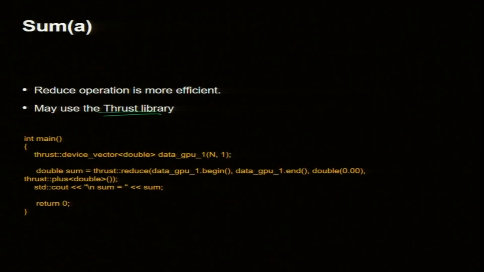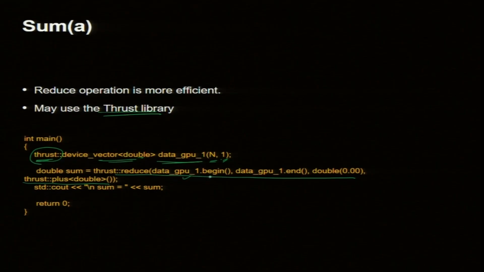I am just showing you the syntax of the Thrust library. You create a vector. thrust colon colon means this is using the Thrust library. And it creates data, all are 1. These are like one line, creating a vector of double and all are 1. In fact, Thrust is supposed to be doing all this vector stuff like Python, one line for doing more things. So, Thrust has that stuff, and this is for sum.